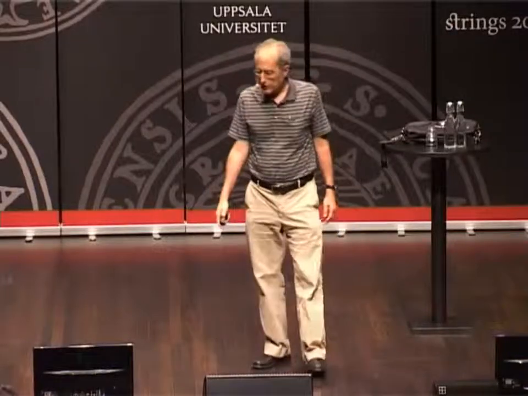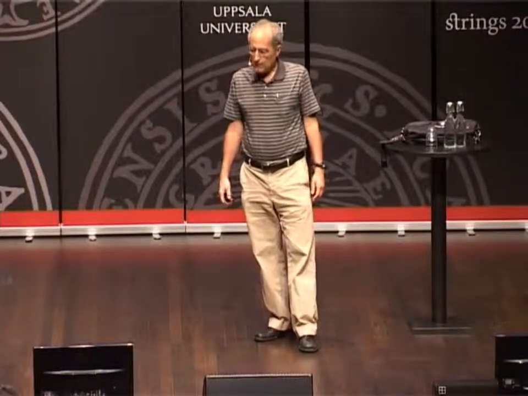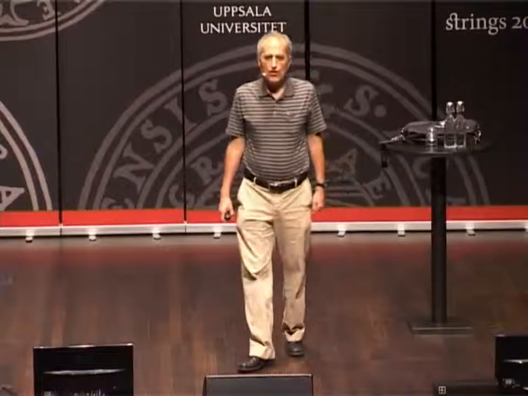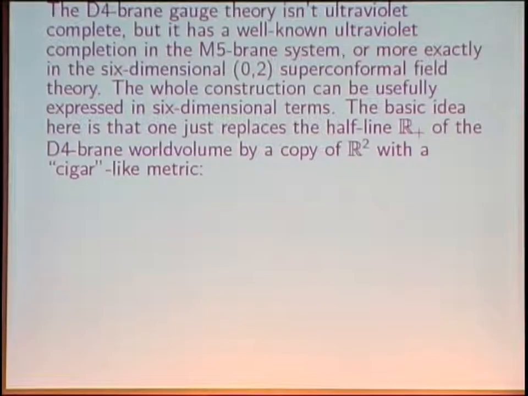But as physicists, there's something else we should worry about. So the D4 brane gauge theory isn't ultraviolet complete. So conceptually, it doesn't feel really satisfactory as the foundation for a description of this more powerful theory than Chern-Simons theory. However, it has a well-known ultraviolet completion in the M5 brane system, or more exactly, in the 6-dimensional superconformal field theory with (0,2) supersymmetry. The whole construction can be usefully expressed in 6-dimensional terms. The basic idea here is that what in the lecture so far has been the half-line R+,